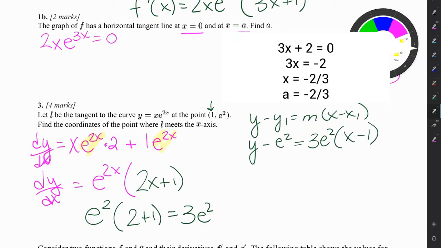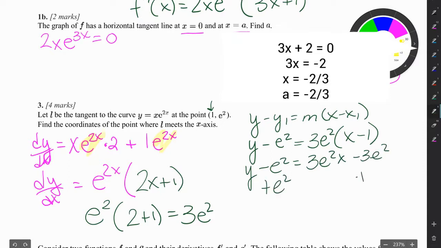When I distribute, I get y minus e squared equals 3e squared x minus 3e squared. I add e squared to both sides. So that means y is equal to 3e squared x minus